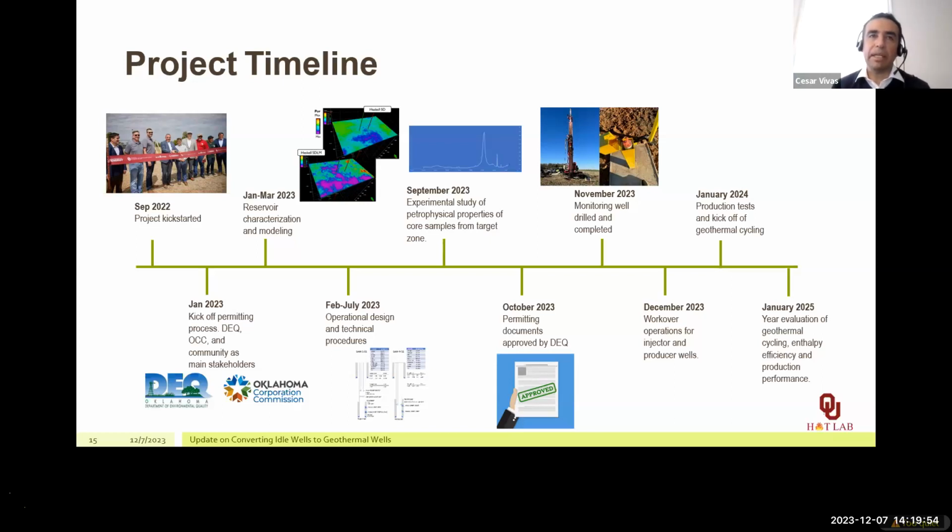This initial part of the geothermal cycling is going to last 1 year. So we expect that in January 2025, we are going to have gathered information from 1 year. And in that 1 year, we're going to analyze the information. We are going to do this thermal cycling during different seasons. So we're going to have this information from winter, spring, summer, and fall,